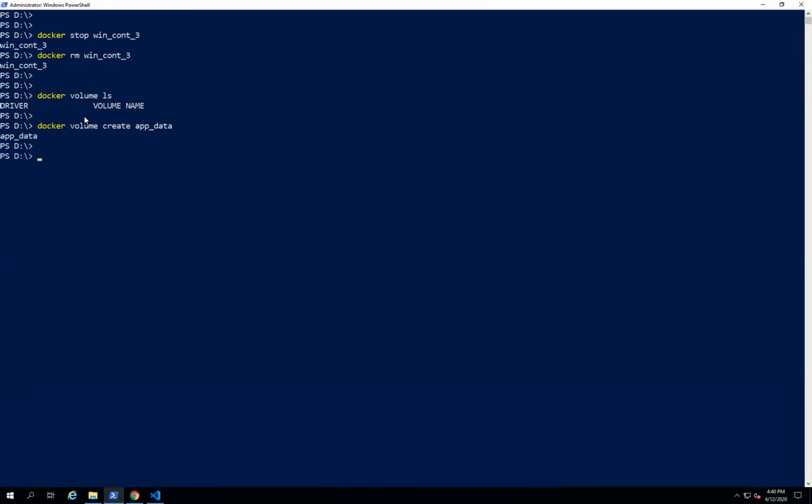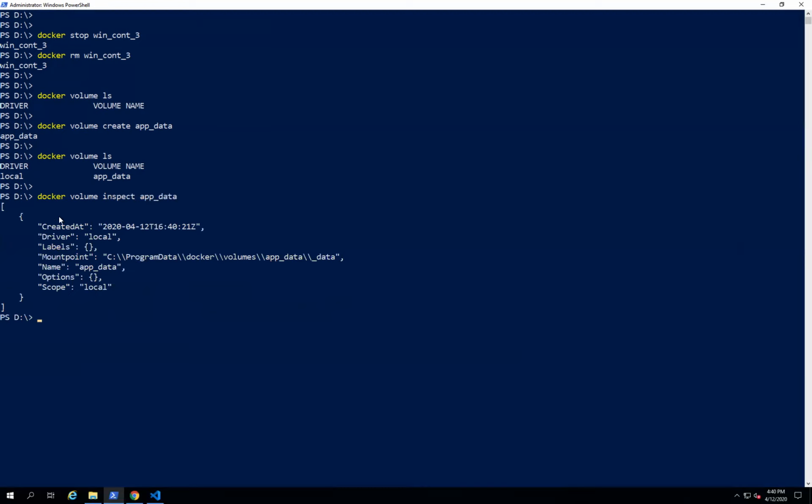Okay, volume is created. If you want to see the information, docker volume ls, now here you can see app_data is created. And if you check docker volume inspect app_data, you can see some metadata about this volume.